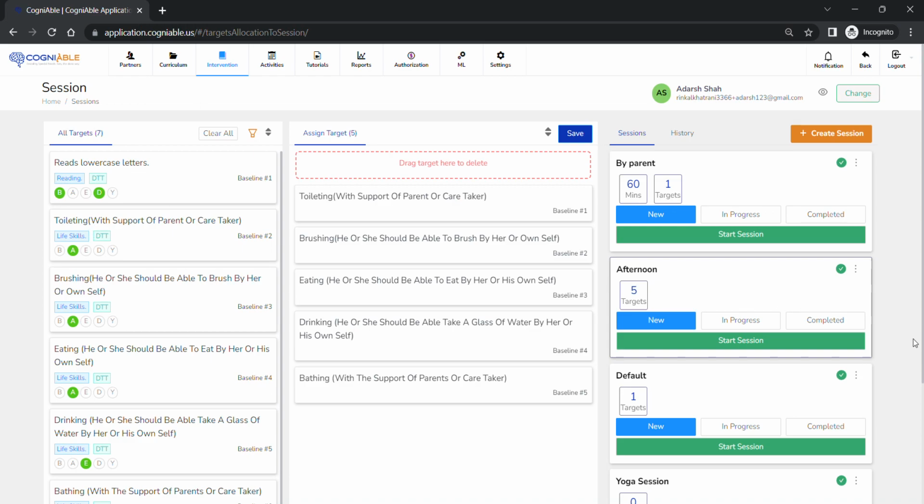Tutorial on how to record data for a particular session. Once the session has been created, select the session you want to take the data for. Suppose for the current scenario, we will be taking data for the afternoon session. Click on New